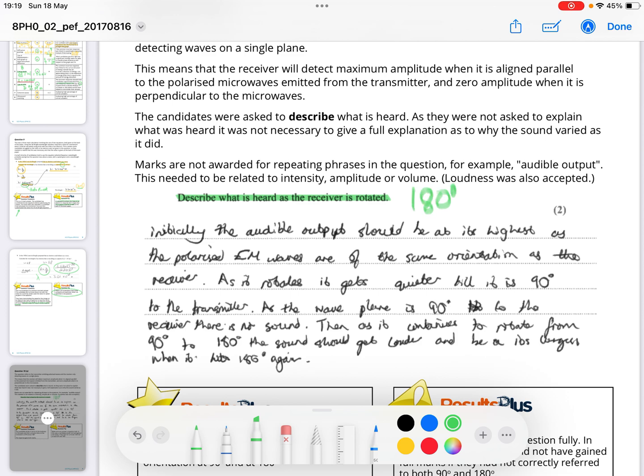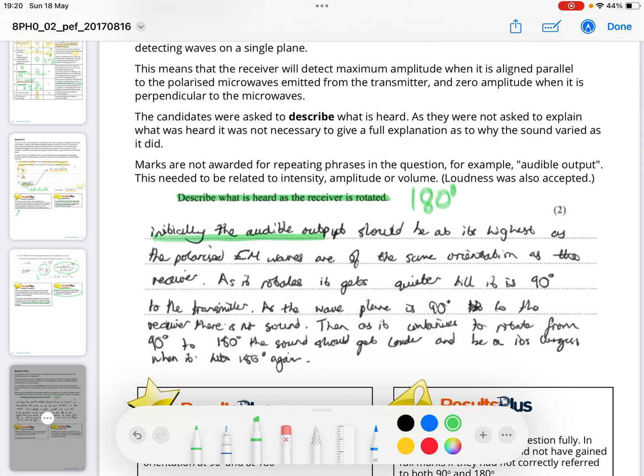As they rotate it, when it reaches 90 degrees, the receiver will no longer be able to pick up the plane polarized microwaves. And then when it goes back towards 180 degrees, it will go back to maximum intensity. So it goes from maximum intensity to zero intensity, back up to maximum intensity. So it kind of should be like a sine wave. So this student's written,